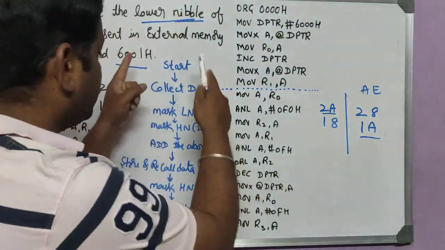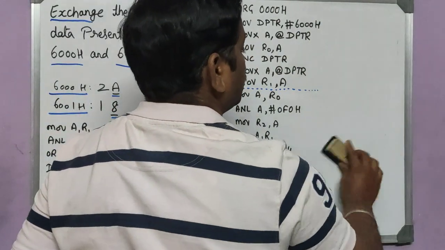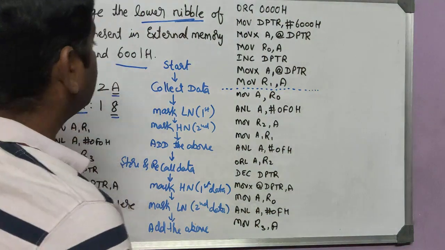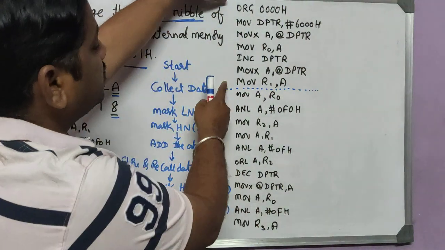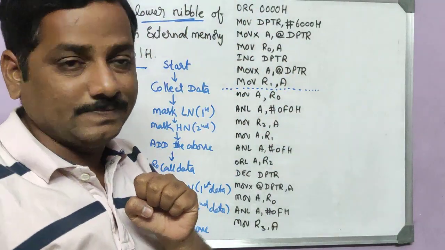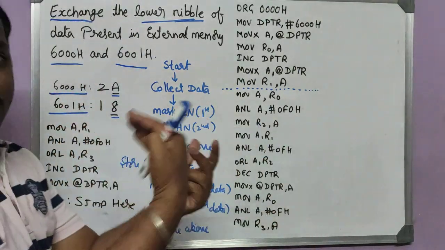Okay. So here I have written a flow of a program. First let us understand this, and then I have already written the program. Step by step I will make you clear. So first you need to start and then collect the data. Till this, they have a dotted line here. This portion is to collect the information. So collect the data wherever the input is given, from there you should collect it.